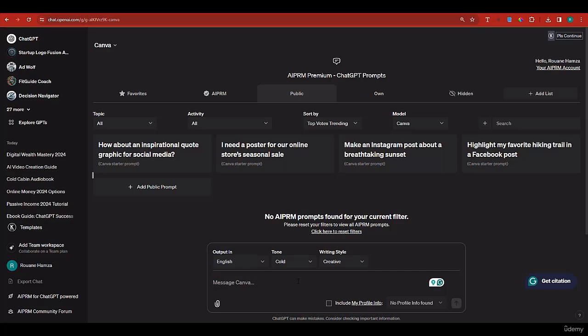So here's the thing. Now here, there's a suggestion: make an Instagram post about a breathtaking sunset, highlight my favorite hiking trail in a Facebook post, I need a poster for an online store. How about an inspirational quote graphic for social media? This one is pretty interesting, so I'll go with it. Now I'm going to click here, and I'm going to say it's for Instagram, and the quote should be a